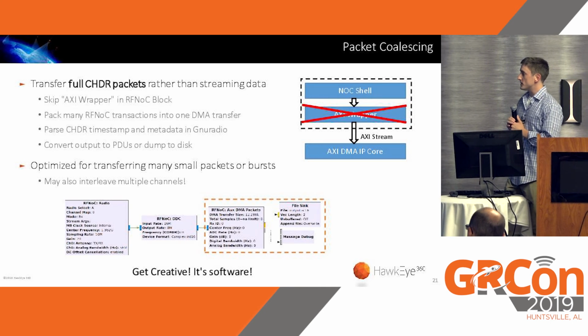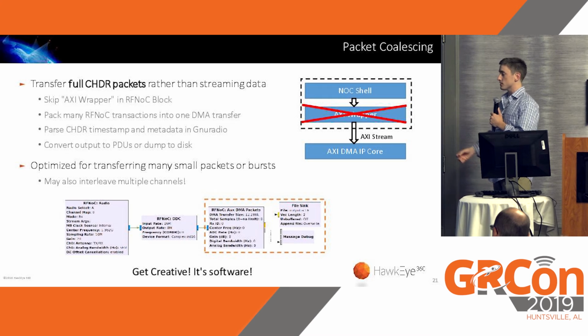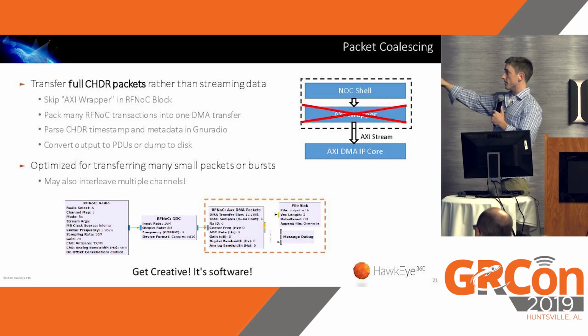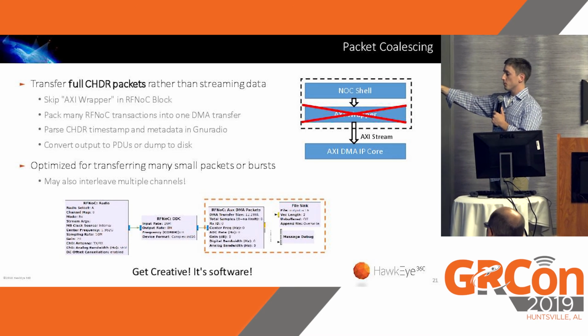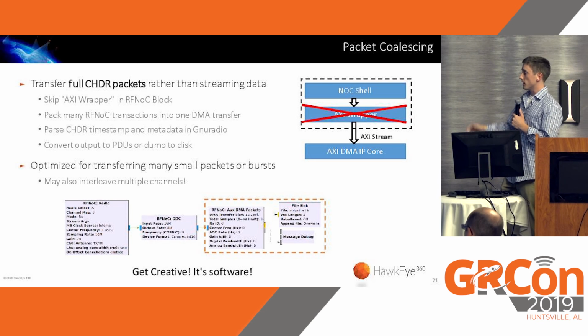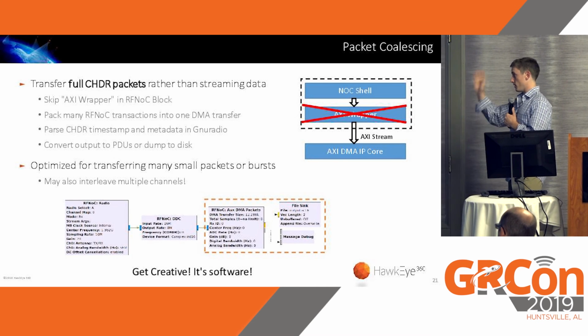But what we did here was we reworked some of the FPGA to just coalesce these packets. You can see the diagram of the RFNoC block, which used to have a NoC shell and an AXI wrapper that pulls the information off of that. We actually just X'd out the AXI wrapper, so it comes straight from the shell, and we take the entire packet and push it into the AXI DMA IP core,